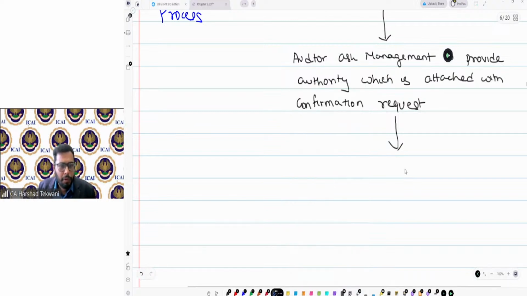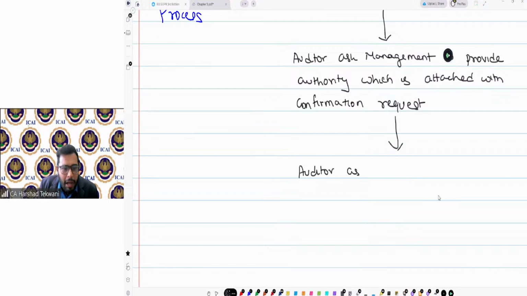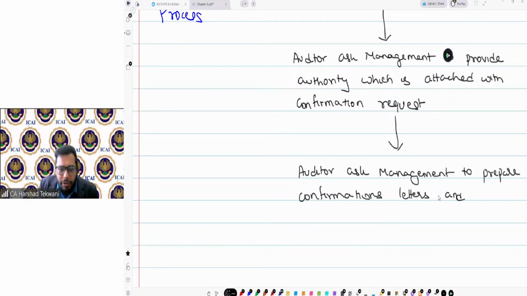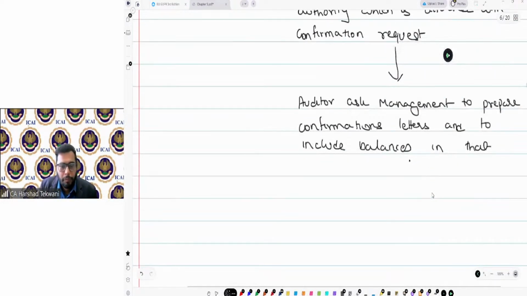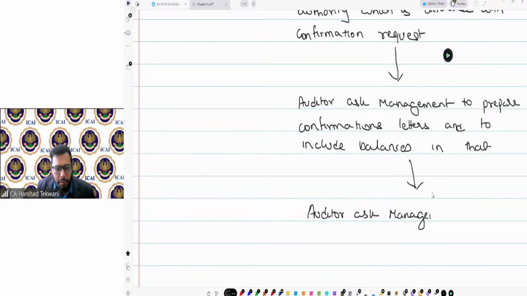Then the auditor asks management to prepare confirmation letters and to include balance details in them. The auditor asks management to post those confirmation letters.